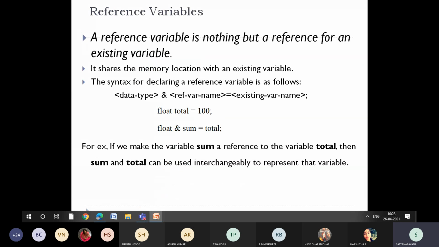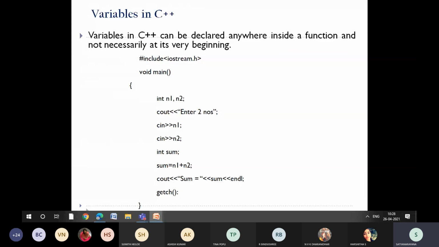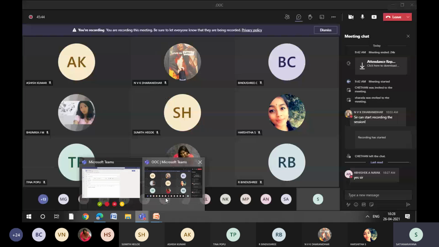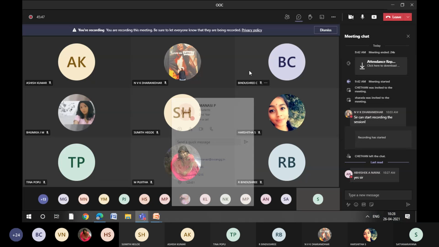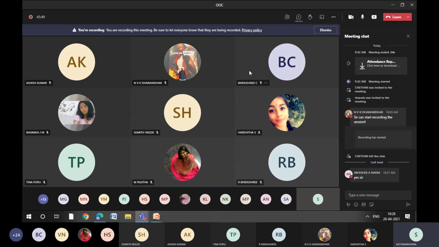So this is about cin and cout, console input and console output. Any doubts or any questions, please ask. We'll go for the next topic. Or is it clear? Clear, sir. I'm just going slowly because there will be fast learners or quick learners and slow learners, so I need to manage both of them. But I want to give maximum knowledge about object-oriented concepts. We have ample time, don't worry about it. We'll go slowly and then we'll understand. So let us go for the next topic.